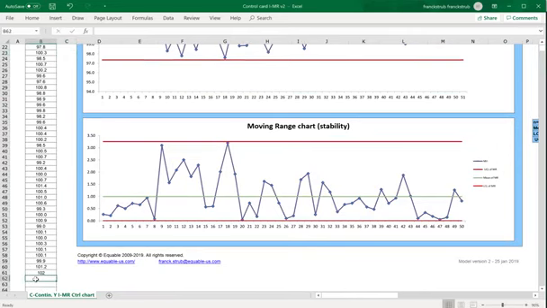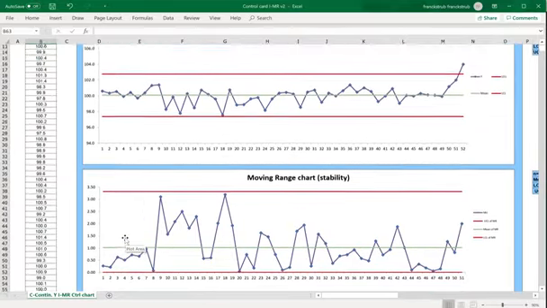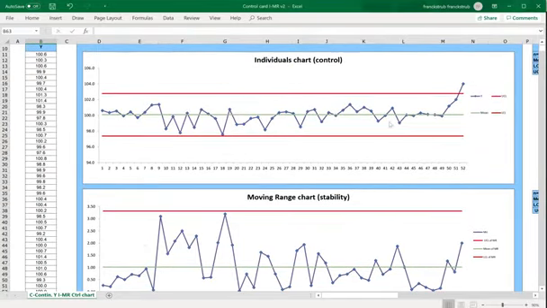and each time you add data, of course, the graph will update, both the moving range chart and the individual chart. And what do we do with your points? We compute a mean, the average of your individuals here, and here the average of the moving range. And we compute statistically the standard deviation of your individual points, and we add 3 standard deviations above the mean and 3 standard deviations below the mean, and these are called the upper control limit and lower control limit. These limits are statistical and calculated with the standard deviation of your individuals for the individual chart.